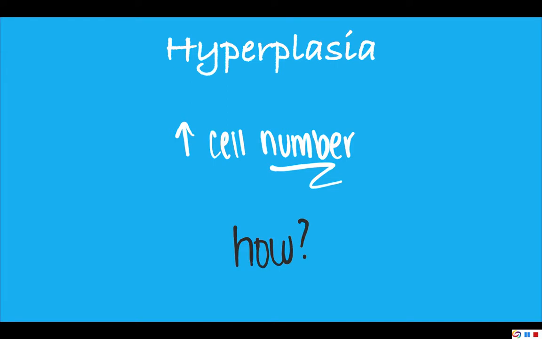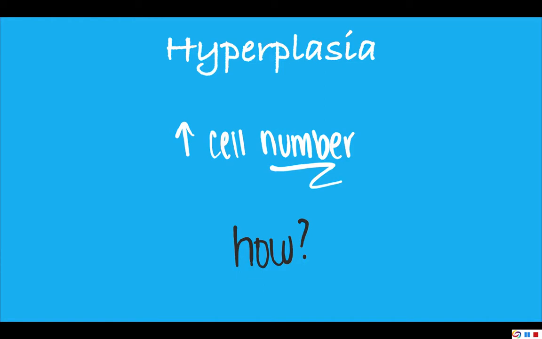So how does this happen? Well, sometimes it will just be the mature cells that are already there undergoing mitosis, and other times it will be an increased output of new cells from tissue stem cells. It really just depends on the situation and on the tissue. So for now, before we get into the organ systems, just understand that hyperplasia is an increase in